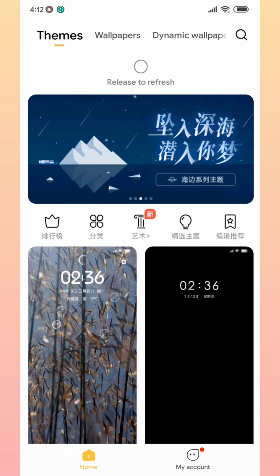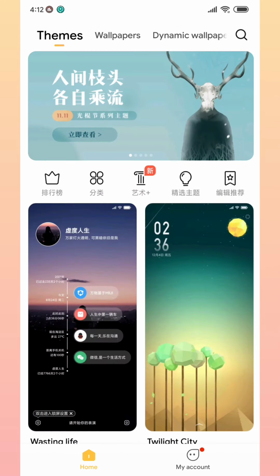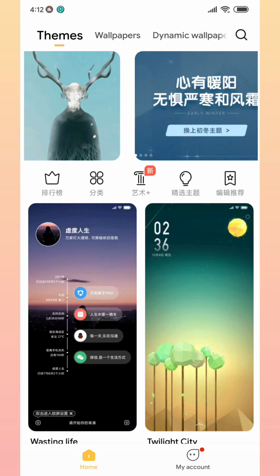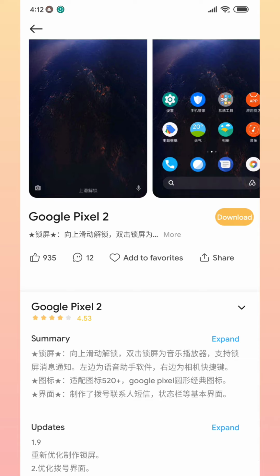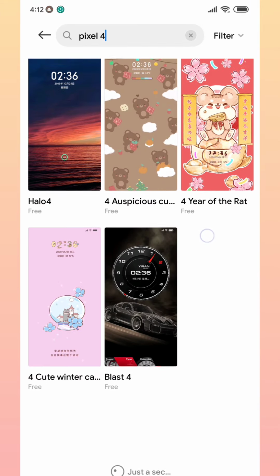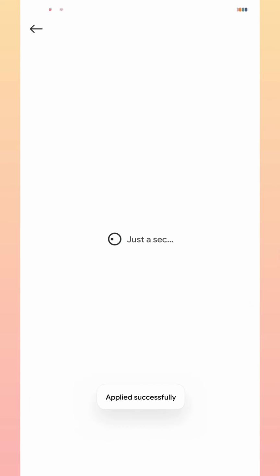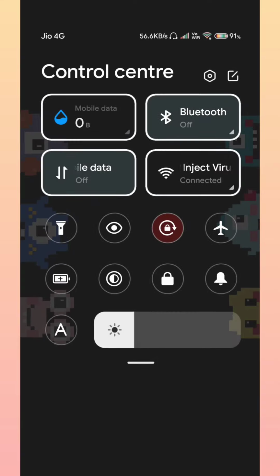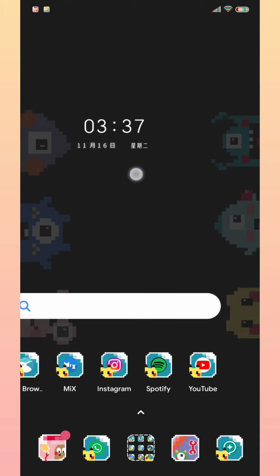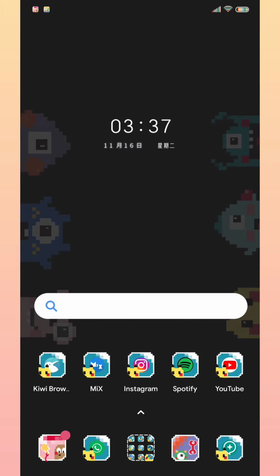Like when you were using your stock ROM, surely you had some favorite themes. If you try to search for them, you won't find them here, and you cannot even understand the text, what is written, the information or anything, and you won't see any global theme in it. Here you can see the theme is very nice, but the issue is the text. Text on messaging, text on dialer, text in settings apps, and there are many other apps and UI where the text is in Chinese, and that creates an issue.